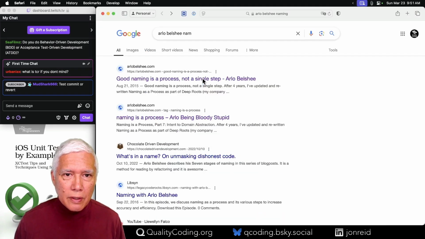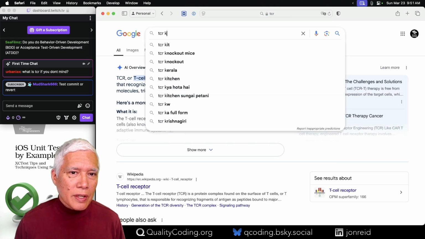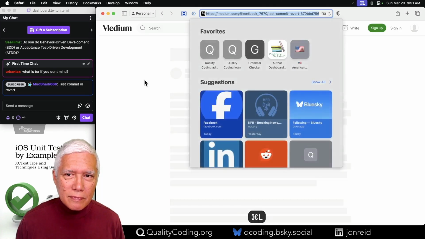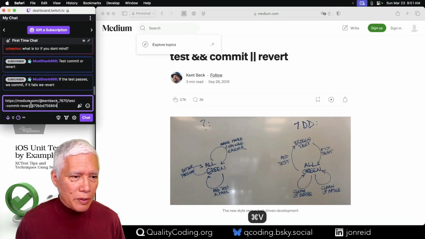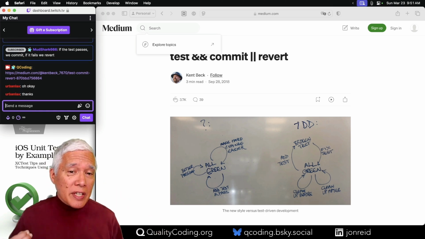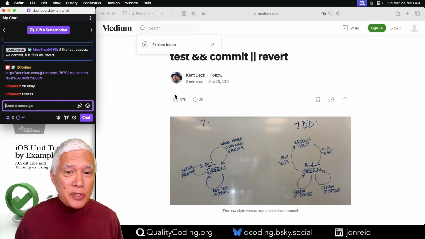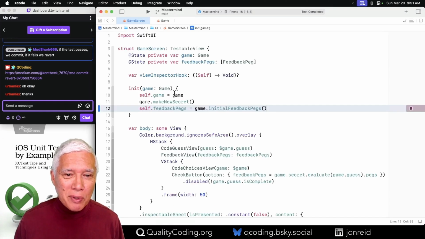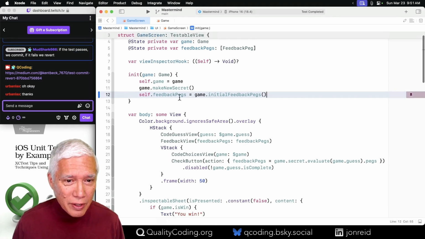TCR. Look for TCR Kent Beck. There you go. This is the first place that Kent wrote about it. It's TDD on steroids, in a way, where if a test breaks, it reverts your changes. And that puts the fear in you and makes you move in small steps, smaller steps than I normally would. Okay, so this